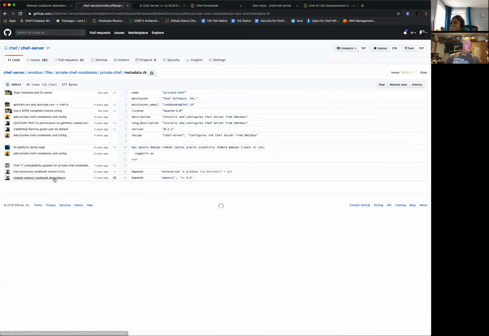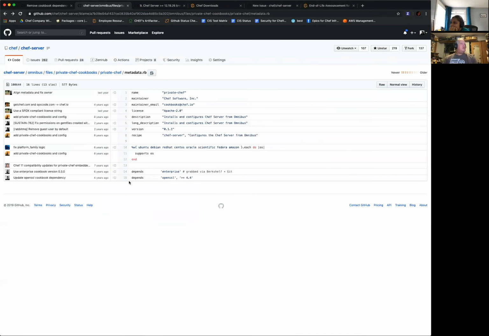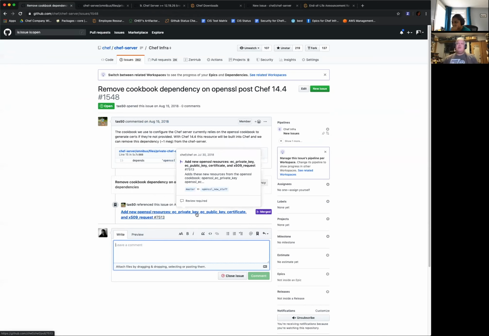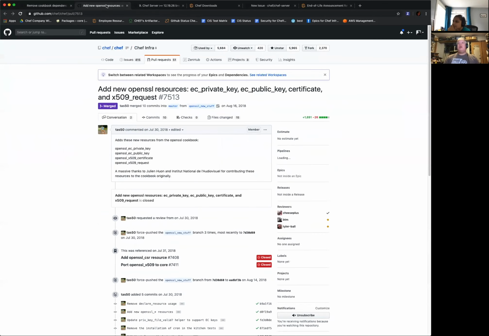Yes, you're right. But you think it's a part of 13? I think so. That was when we did the big sweep, because we updated to the latest version of Chef Client. We went through and did a lot of cleanup around it.